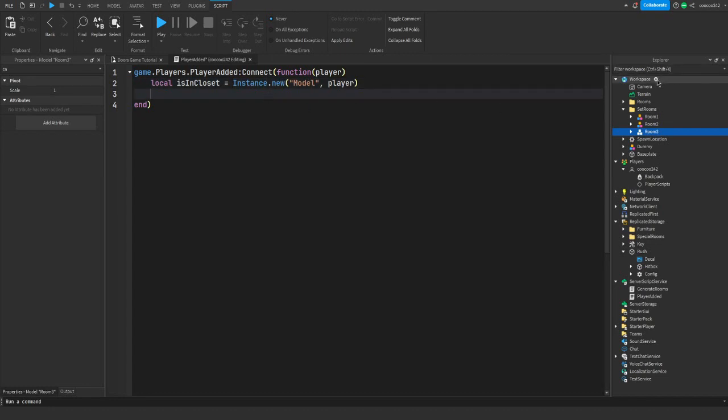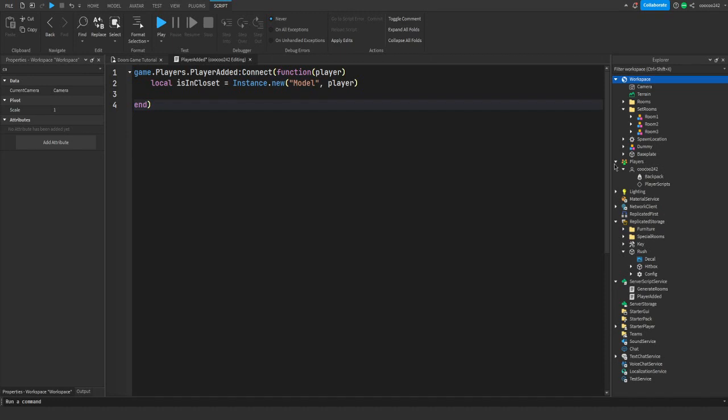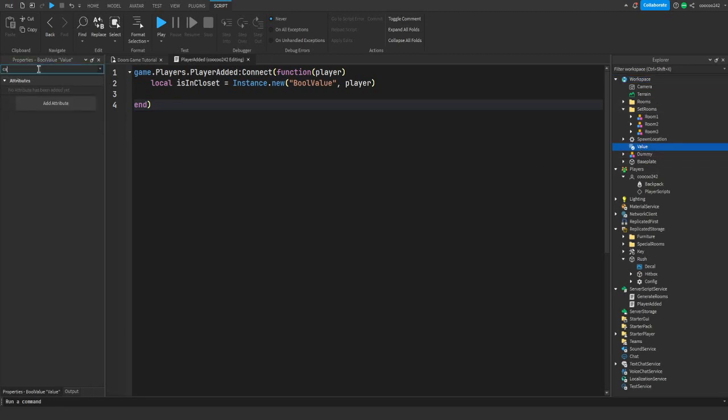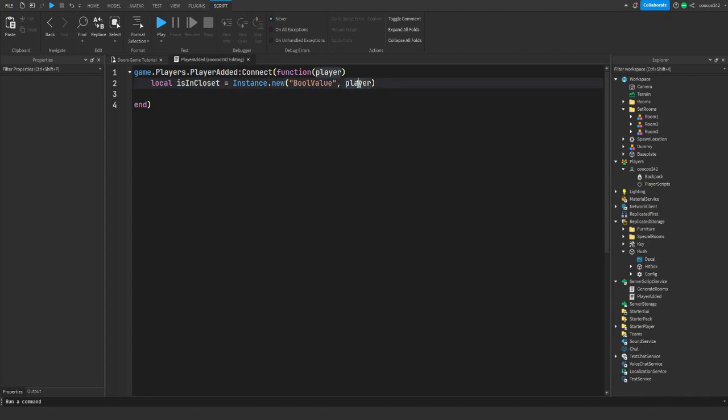It's basically like the same thing as hitting the plus in workspace. I know I just said basically a lot, but I'm not sure what other word to use. But it's the same thing as hitting plus in workspace and inserting something in the list that we have, except it's in a script instead. So we're just going to be creating a bool value, which if you hit the plus and you type in bool value, as you can see, we can add in a bool value. If we look over here, class name bool value. So it's the same thing as doing that, it's just in a script,